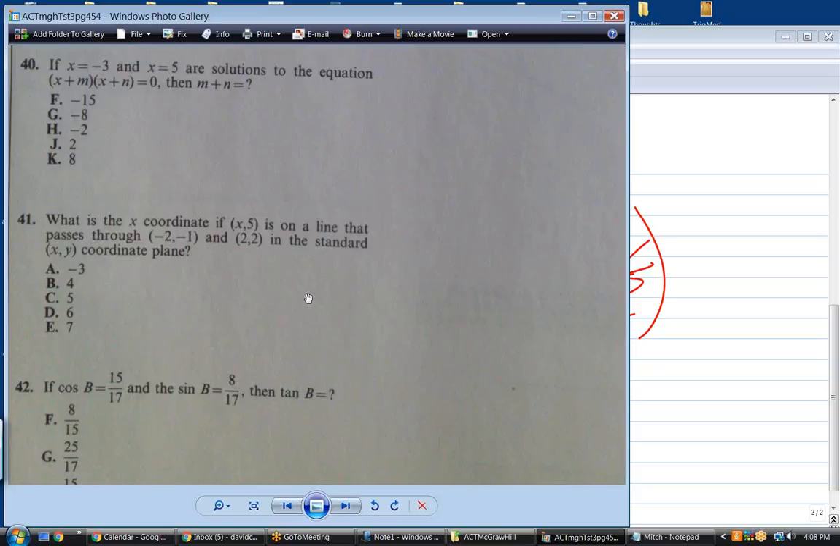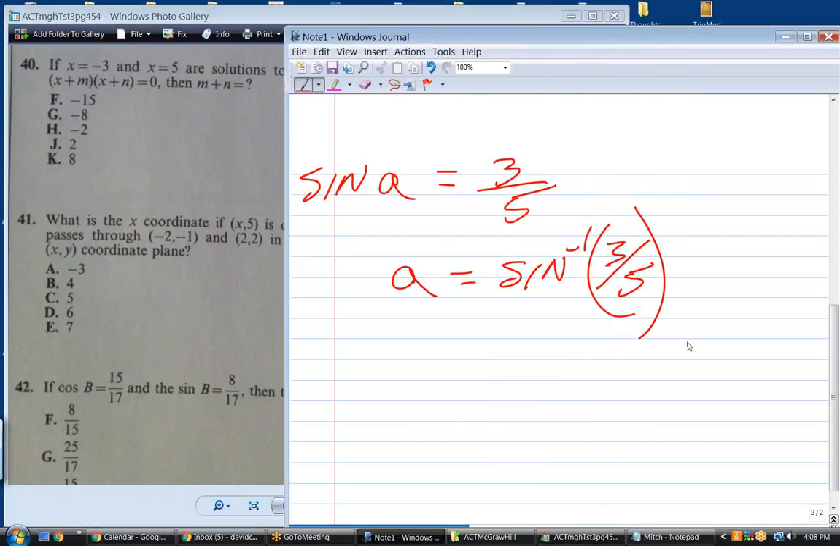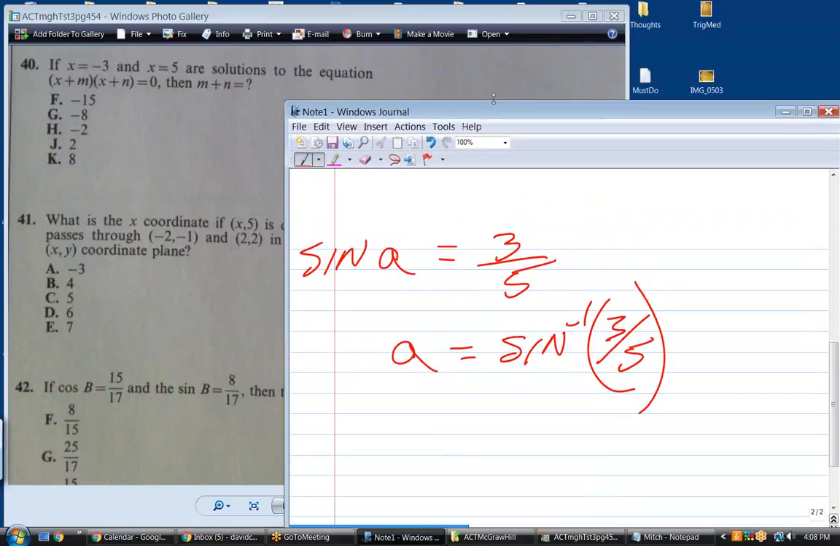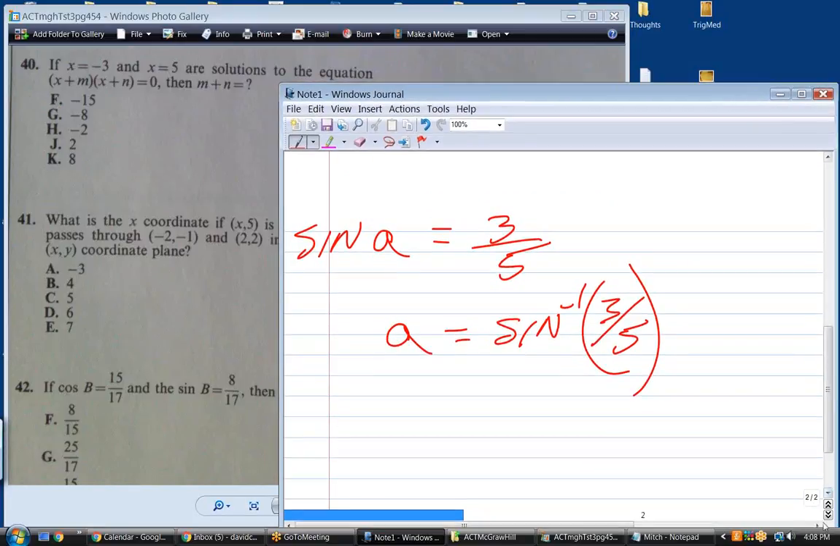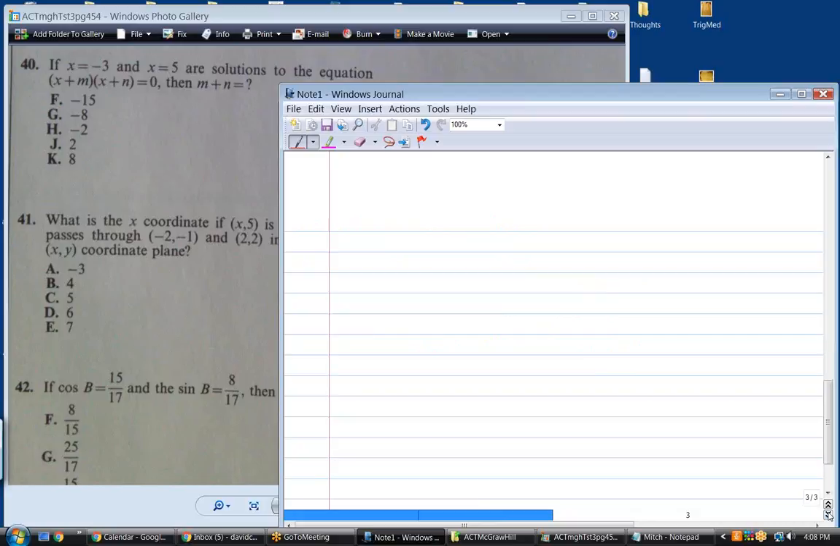So do they just want you to plug in x, like it'd be -3 plus m times 5 plus n? Well, let's see what happens. I'm not really sure. I don't immediately see the way to solve this, but when that's the case, always do what you can do. So we have m minus 3